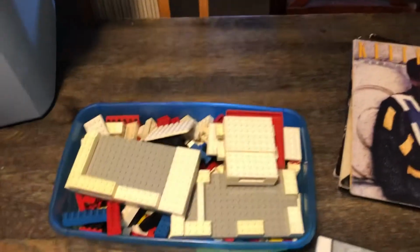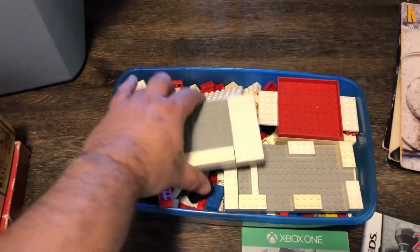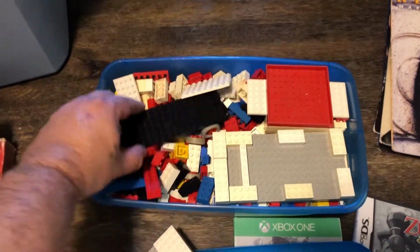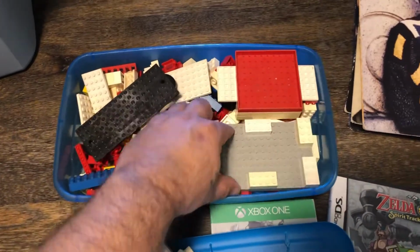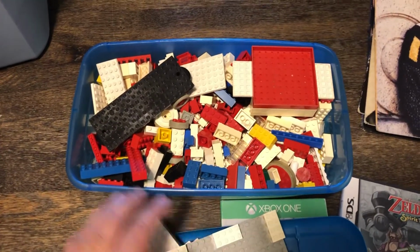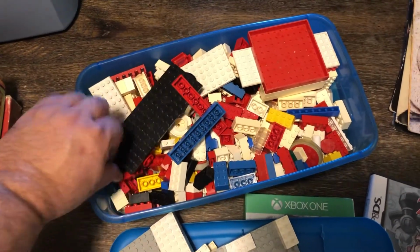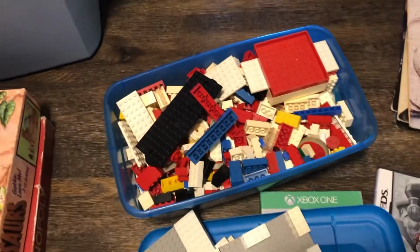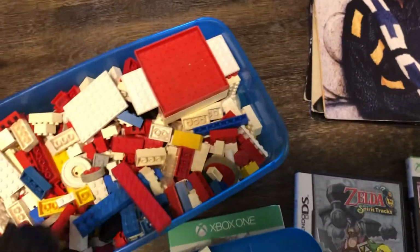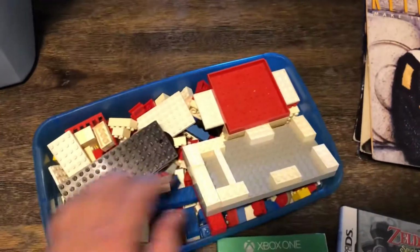and these are older Legos. These are from the 60s, made by Samsonite. You could tell they were really old by looking at them. The lady said they're about 50 years old, and they're really cool. I think this is when they were made by, like I said, Samsonite. So I got that for $5. It's full to the top,